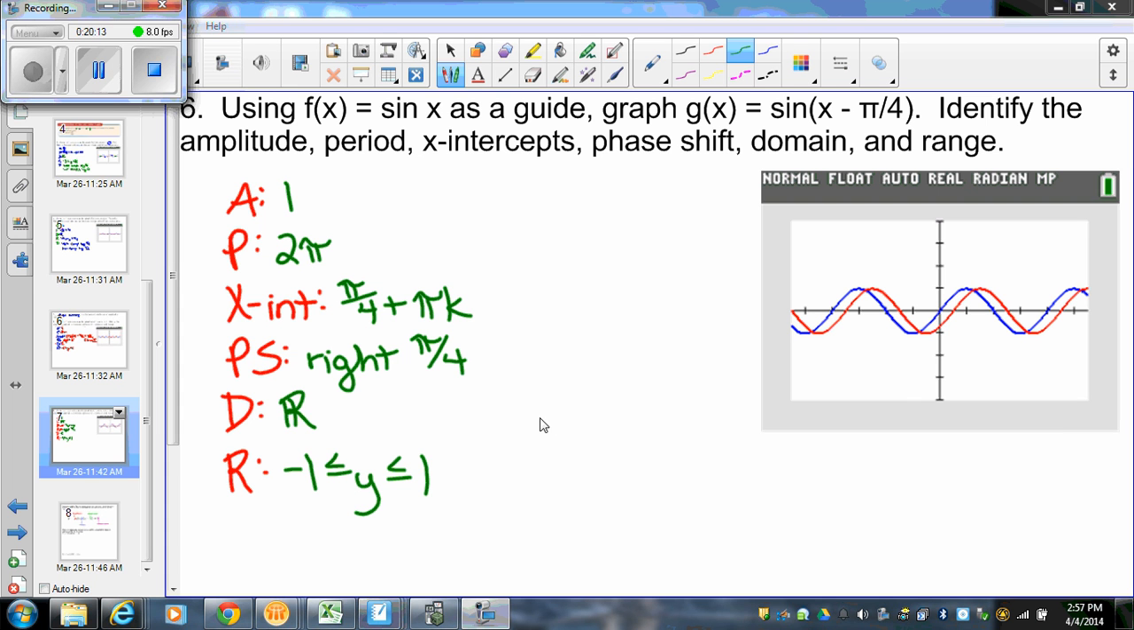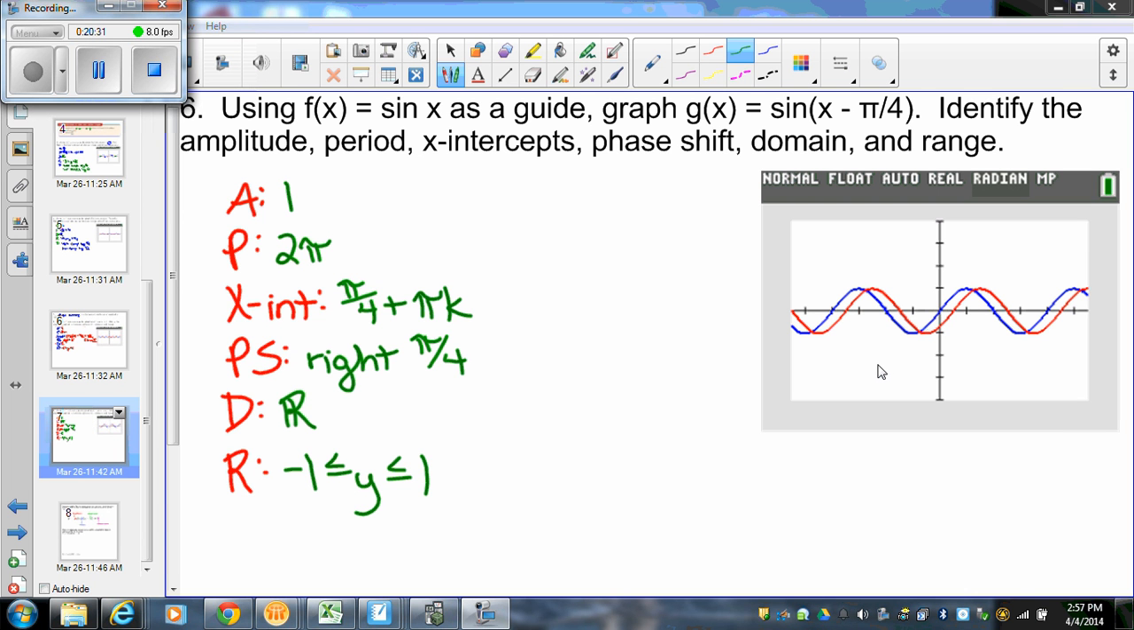Okay, so here's the graph that I got. The blue one is sine, and the red one is sine of x minus pi over 4. The amplitude stayed 1, the period stayed 2 pi. My x-intercepts are usually at 0 and then every pi units, but this time, since my graph shifted to the